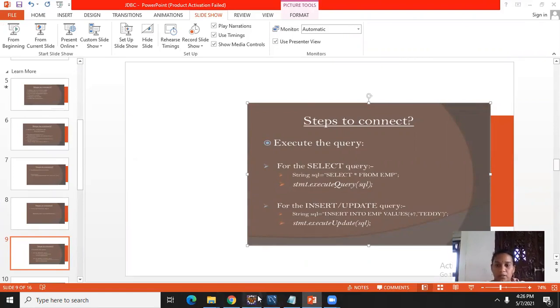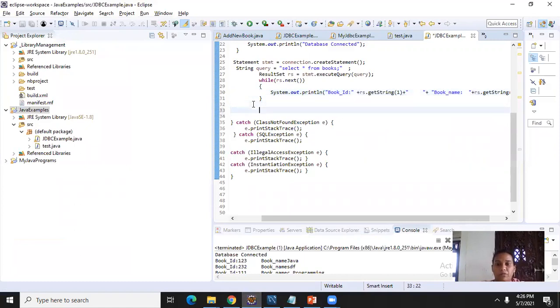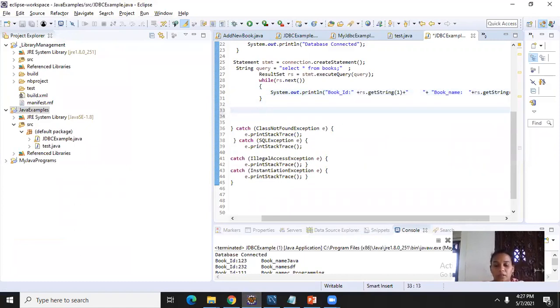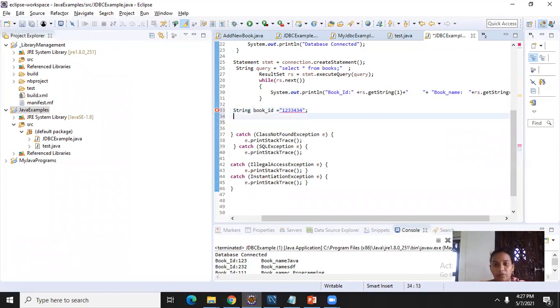For the second example, I'm taking a string book ID, hard coding directly, 12345, some ID I am using, and a string book name, database management. These two fields I want to insert into the table.